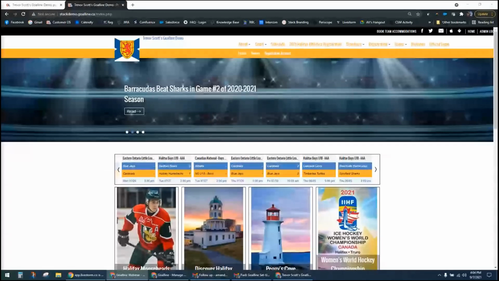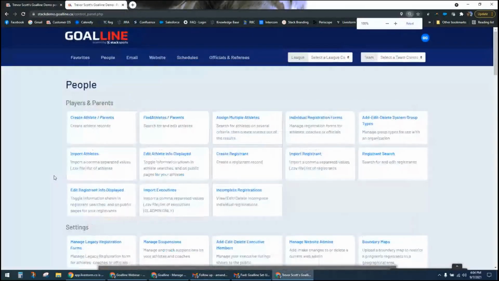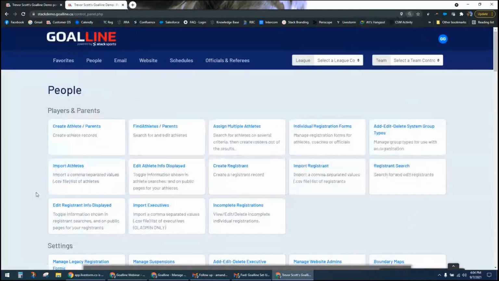So the first thing we will focus on is managing your leagues. So we're going to log in, and so you'll go to the admin login area, and that's going to bring you to your Goalline control panel. See if I can make this a little bigger just to share the screen a little bit bigger here. So that should be nice and big for everybody there. We're going to go and we're going to manage leagues, and that's going to be found in the scheduling section